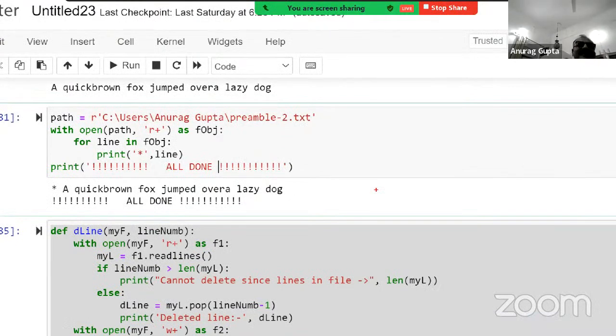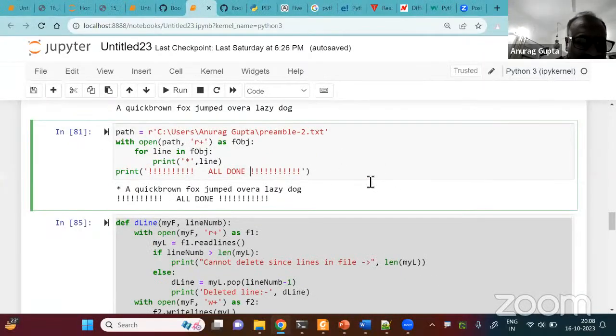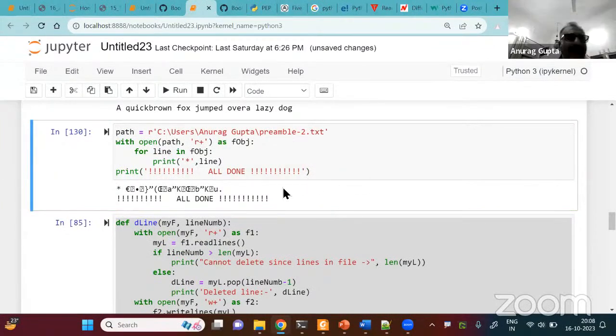So it is the exact same code as given in my book, right? This is the path here, with open path r plus as f object, for line in f object, print this. Let's run this. Let's see what happens. It has got some data because I did some overwriting.